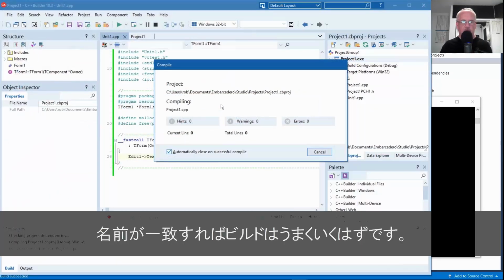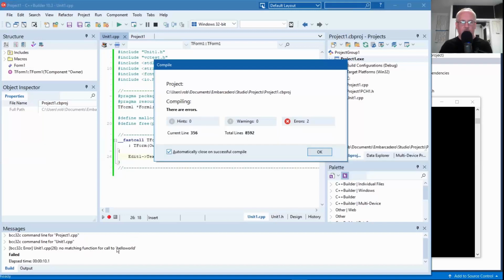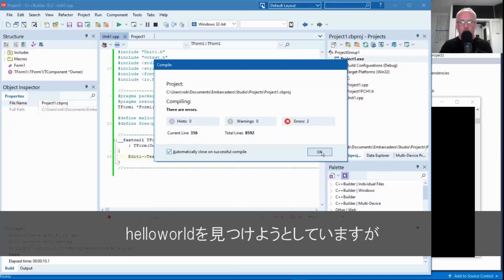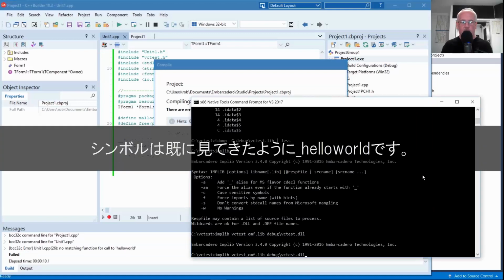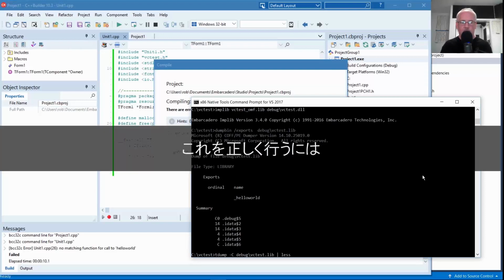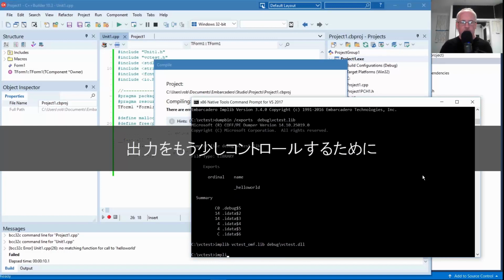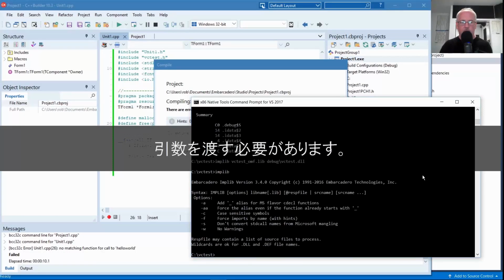A build should succeed if the names match. So here's where we're going to identify an issue. It's looking for hello world, yet, as we've already covered, the symbol is actually underscore hello world. So to do that correctly, when we call implib on that DLL, we actually need to pass an argument to control the output a little bit more.